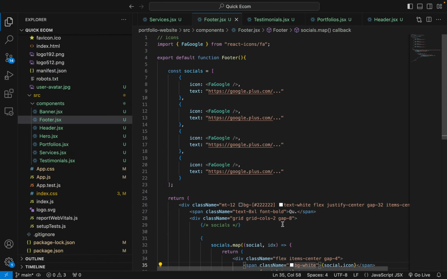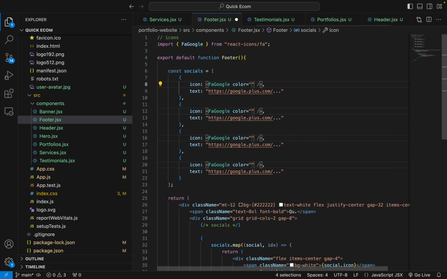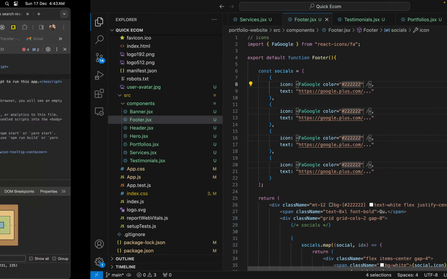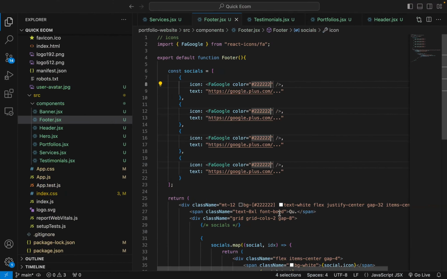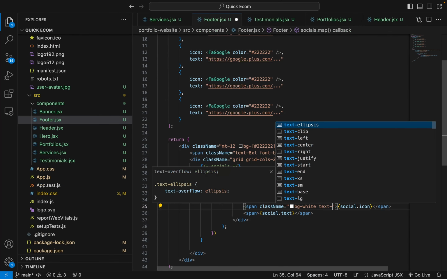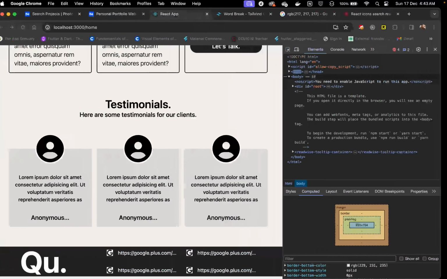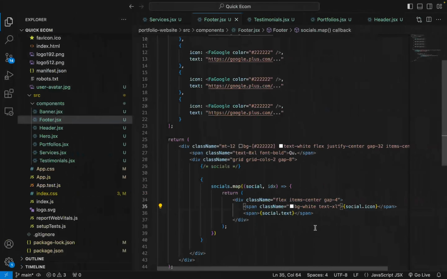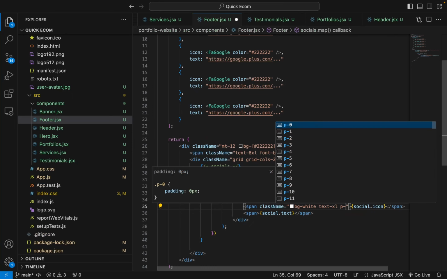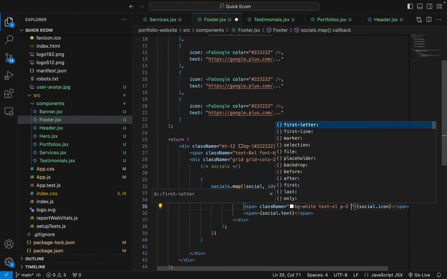Okay, and for the color of the icon, let's make it this, right? And even let's make the text a little bit bigger. 3XL. No, let's make it XL. Okay, let's add a padding of 2, I guess. 2 is fine, and make it rounded full